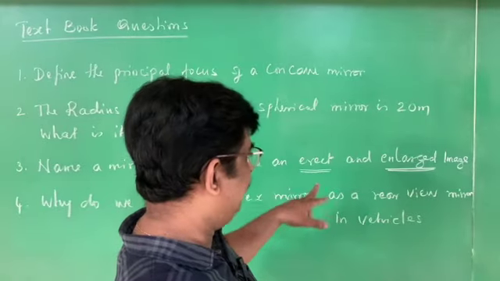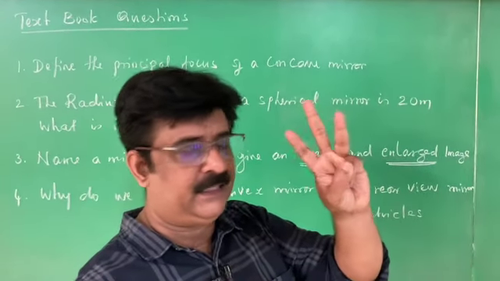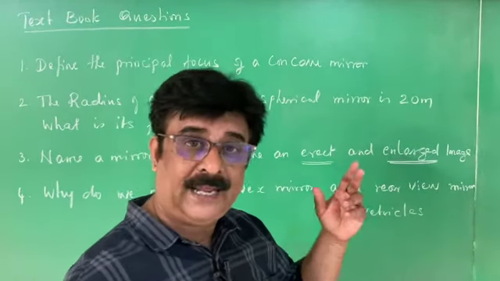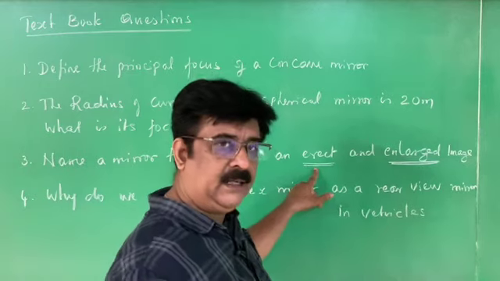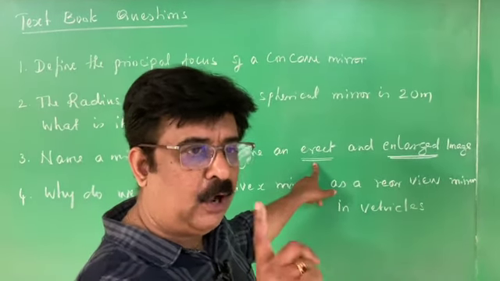But we verified. Only three are there: convex, concave, plane. It is not a plane mirror. It is not a convex mirror. Then it should be what? Concave mirror. Erect image. In the concave mirror, we get an erect image only when the object is placed...